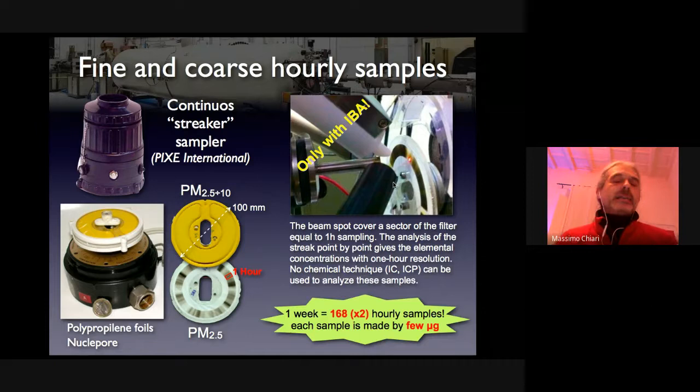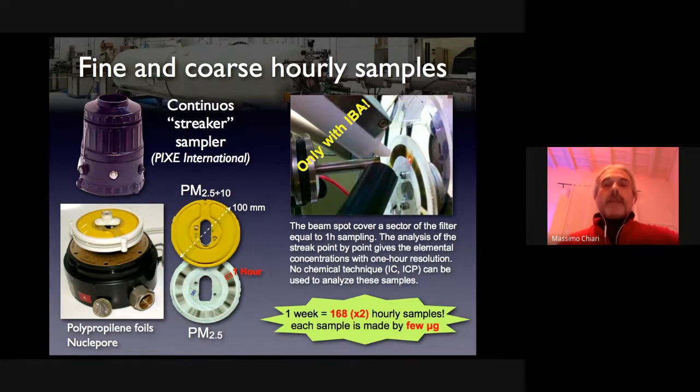That's why instead of integrating the aerosols by sampling for 24 hours on one filter, we can collect the aerosols using this sampler. It's called a streaker. So it's a sampler where you have two filters that collect the two fractions of aerosols, the fine and the coarse, so PM2.5 and say PM10. While collecting, this filter is slowly rotating and is moving by 1 centimeter per hour. So at the end of 1 week of sampling, you have a streak where every millimeter corresponds to 1 hour